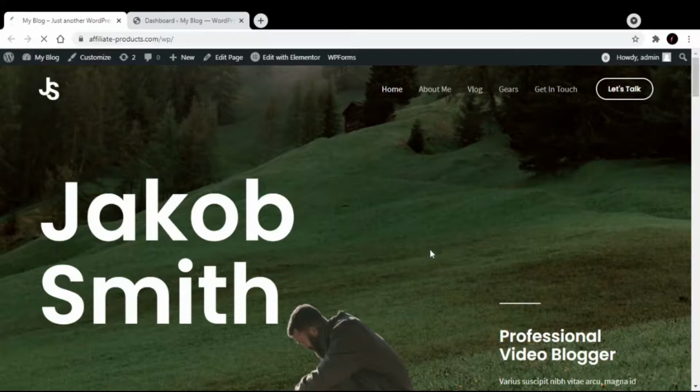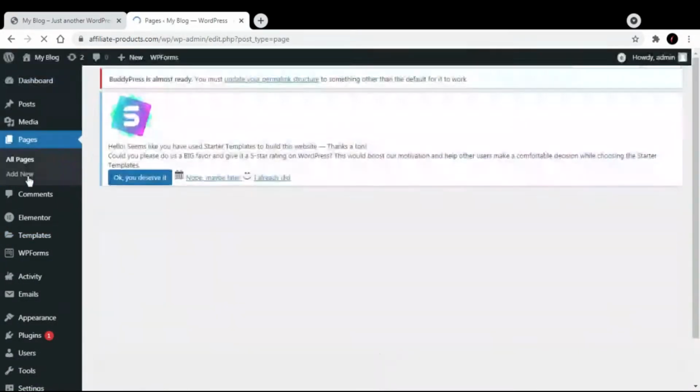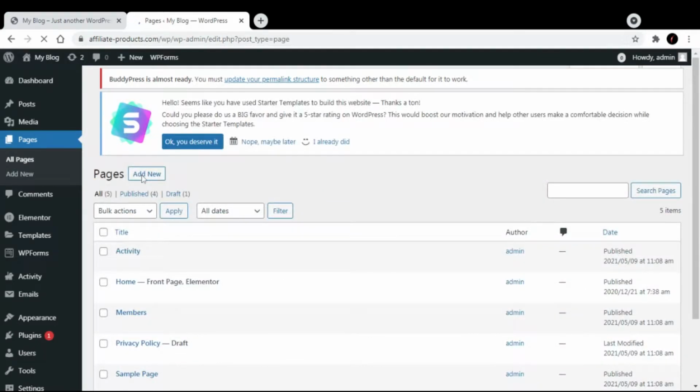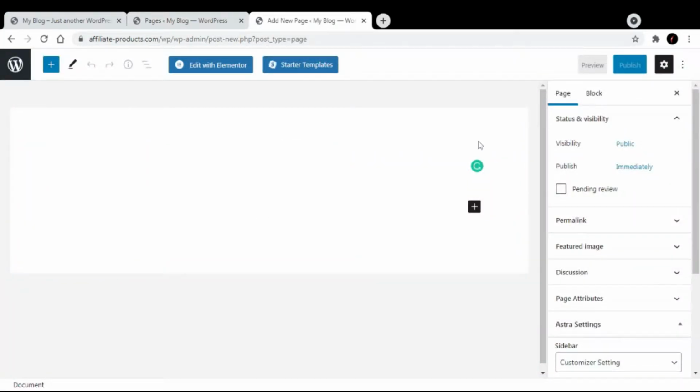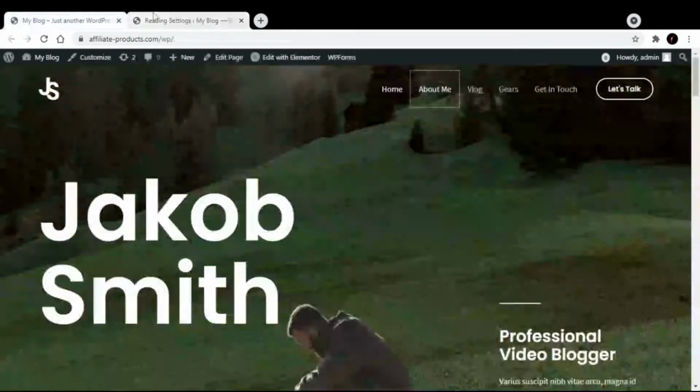Now if you want to create a custom home page for your website, let's go to the pages and click on add new. Now you can add your title and description here, and whatever you want you can edit this with Elementor, or you can choose starter templates. Alright, now leave this page, and as we already have created a page named home page, so first off we